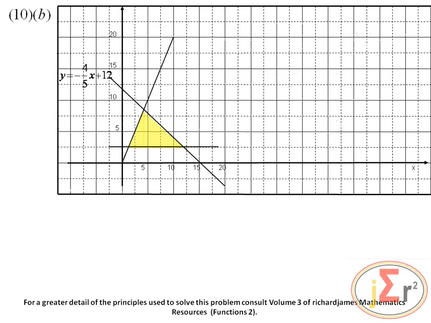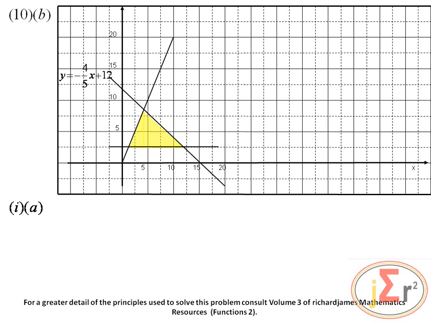The shaded area in the diagram shows the solution of a set of inequalities in x and y. The variable x represents the number of boys in a cricket club, and y represents the number of girls in the cricket club. Use the graph to answer the questions. So, the first question is,